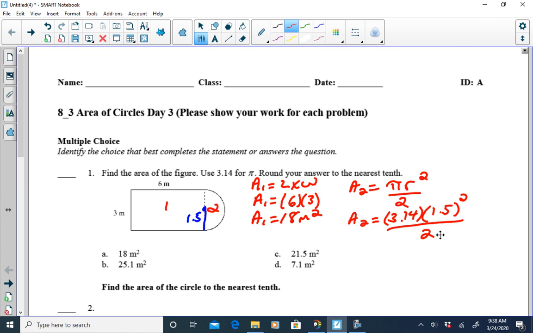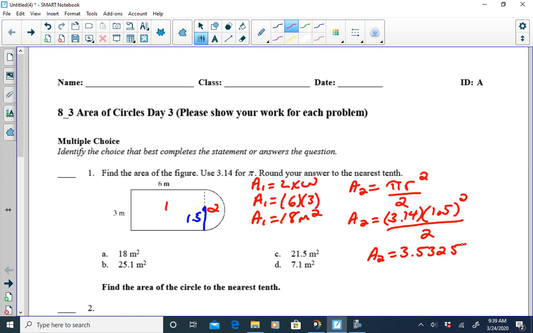Now with your calculator, you have to do the 1.5 squared first. So I'm going to do 1.5 times 1.5. That's going to give me 2.25. And then we take the 2.25, multiply it by 3.14, and then we want to divide that product by 2. That's going to give us 3.5325. So area 2 is going to be equal to